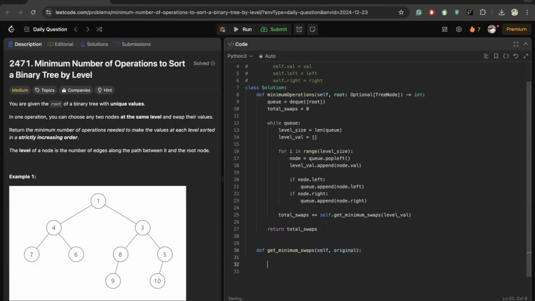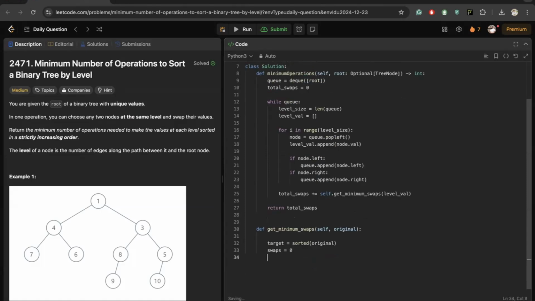So in this function, as I told you, I'll sort the original array and I'll keep a targeted array, right? So sorted original, right? And I'll also need to maintain a variable swaps to store the number of swaps required here. Yeah, so that's the idea. And as I said, I'll maintain a map of position to know which position each value is currently at in the original array. So by the idx,